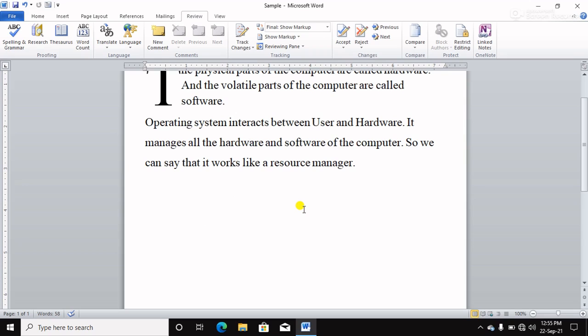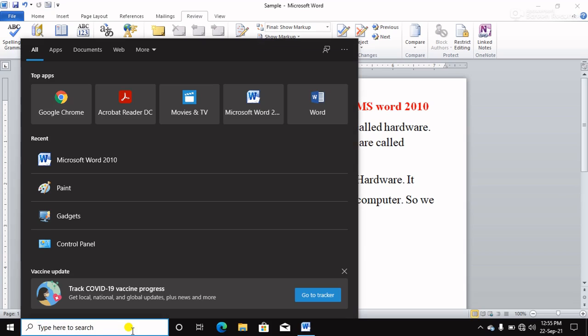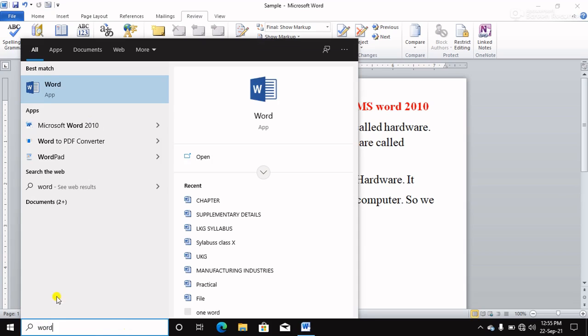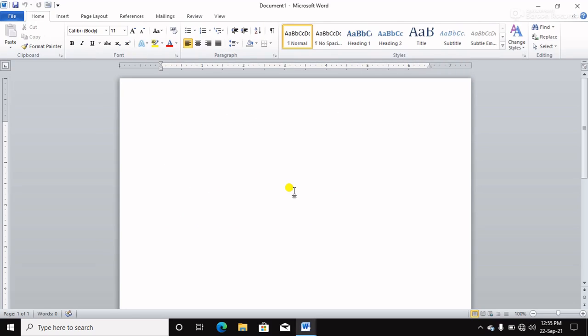So this is spelling and grammar checking. Now, count the number of words in a document. How can you count the words? Suppose I am taking a new document here. In Microsoft Word, I am opening a new document, and here I am typing our school name, Saint Joseph Senior Secondary School.